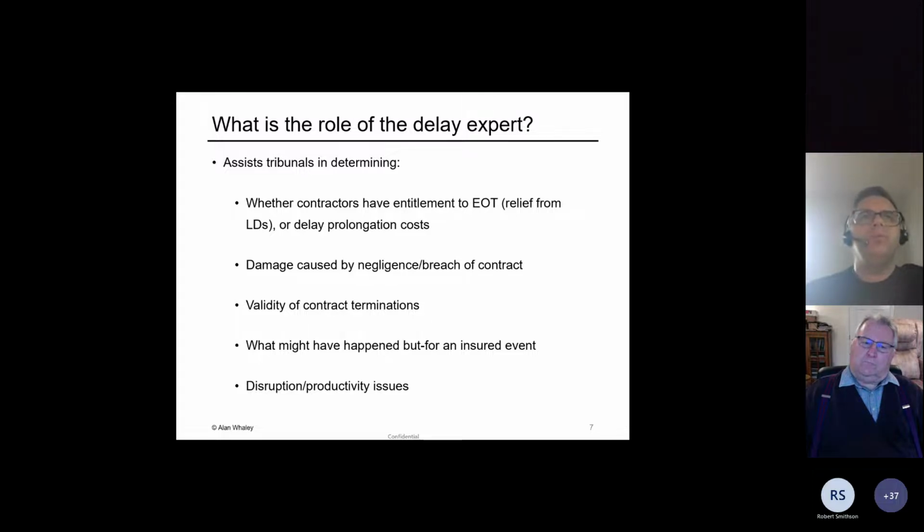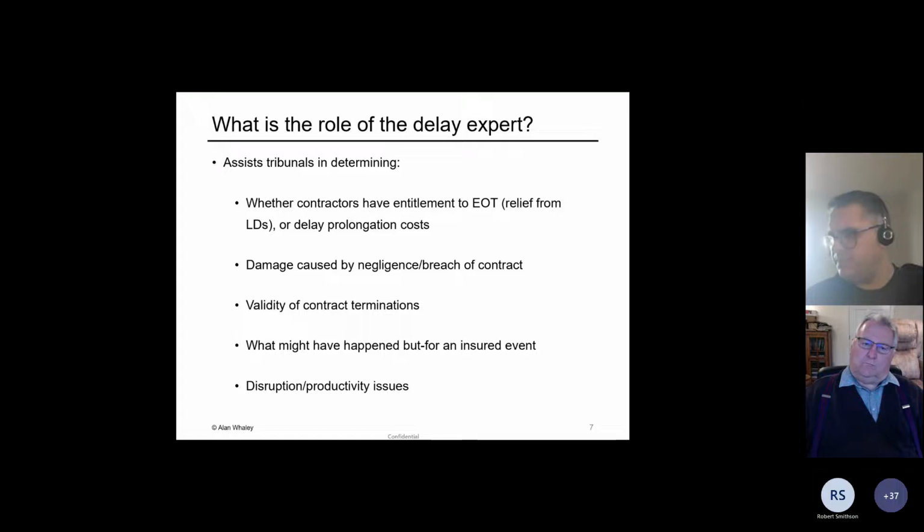So when we think about the sort of different roles a delay expert could do, we're going to be essentially assisting a tribunal or a decision maker of some kind in making a determination of the dispute, or the claim, as the case may be. And typically, we're going to be looking at things like the critical path delay, and that's going to help the tribunal or the claim reviewer decide whether there's an entitlement to EOT or relief from liquidated damages, or delay-related prolongation